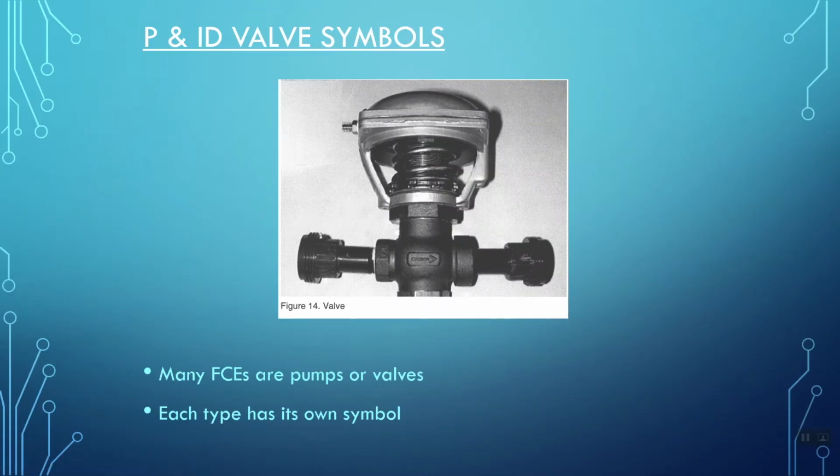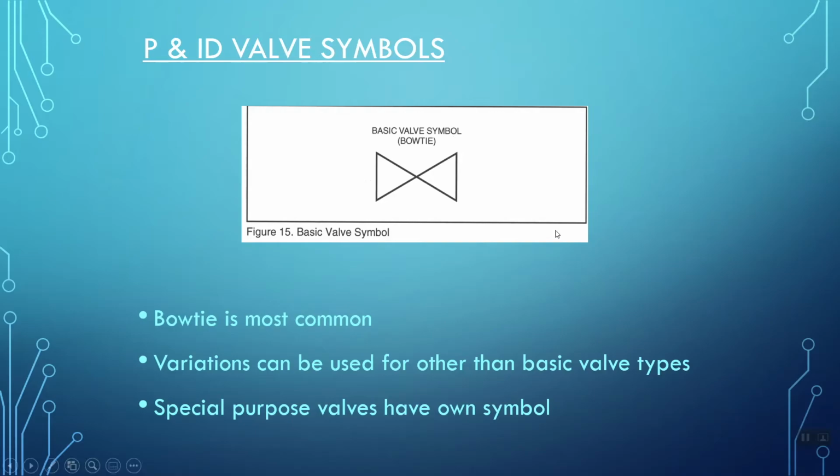Generally, when we're talking about any kind of process system, our final control element, or FCE, is going to be a pump or a valve of some type. We're either opening something, closing something, or pushing fluid down the line. That's generally what happens in these kinds of instrumentations. And you would think there would not be that many different types, but there are all sorts of types of valves